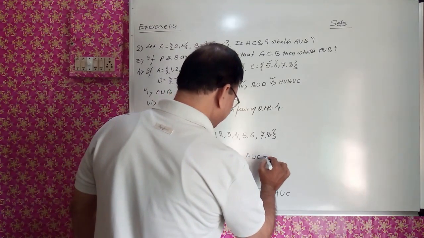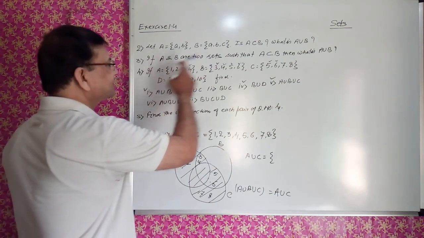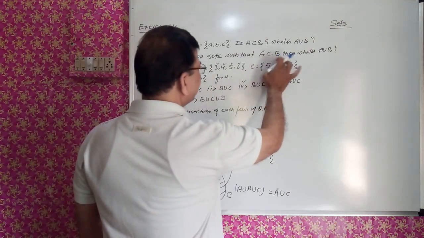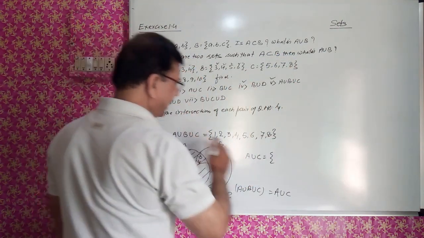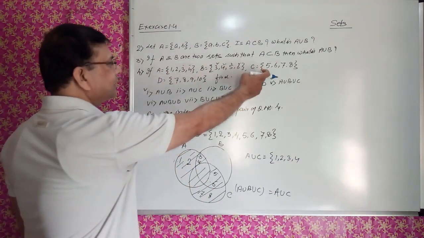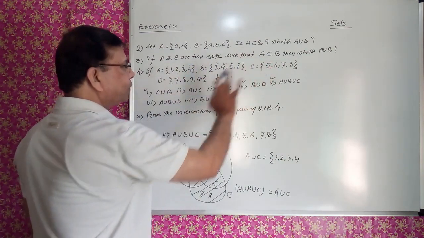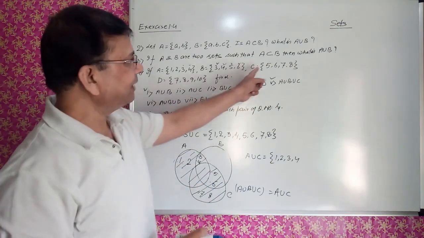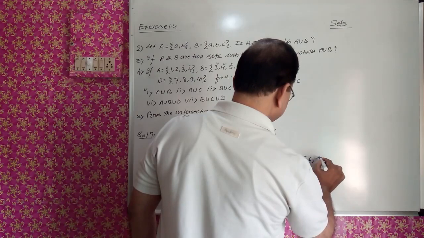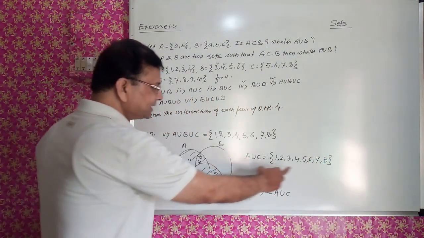अब A यूनियन C क्या है देखेंगे. A यूनियन C ये एक सेट है, और वो सेट कैसा है, A के साथ C का यूनियन है. तो वो एलिमेंट्स देखेंगे हम. देखिए 1 2 3 4. I will write 1 2 3 4. 1 is common? No. 2 is common in these two? No. 3 is common? No. 4 is common? No. कोई भी एलिमेंट कॉमन नहीं है. C का एलिमेंट ये है, वो भी हमको इंक्लूड करना पड़ेगा, that is 5 6 7 8. तो हम लिस्टिंग मेथड में क्या देख रहे हैं, A यूनियन C इज दिस.